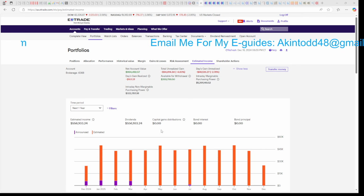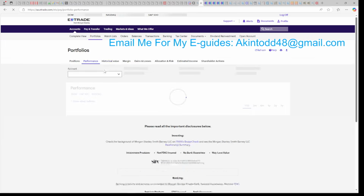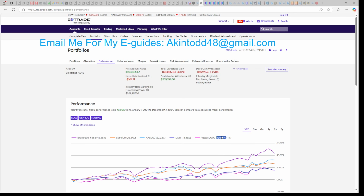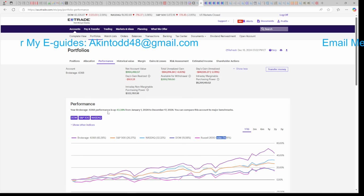So Yieldmax helps us earn over $500,000 per year in dividends, as you can see below, and we're outperforming the indexes with Yieldmax and some margin. We're up 43% for the year. The S&P is up 26%. The Nasdaq's up 32%. The Dow's up 15%, and the Russell's up 14%. So we're outperforming all of the indexes with Yieldmax and margin, and we're living free from our 9-to-5s as a